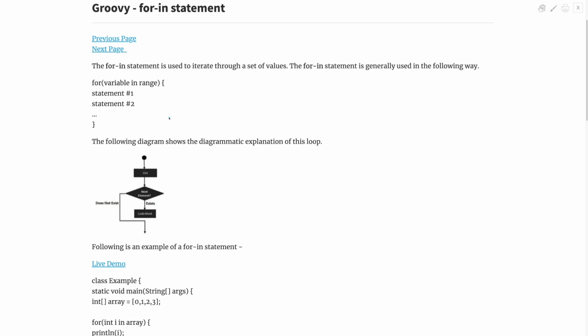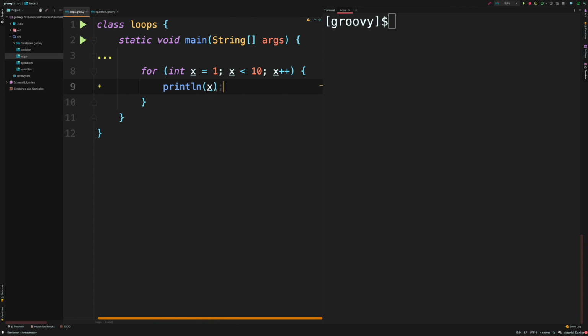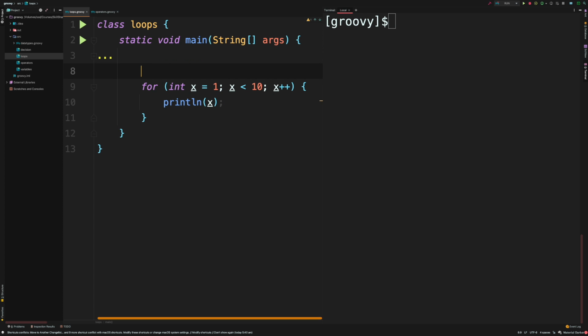So if you want to iterate over an array depending on the values it has, you can do that by using this for in statement. So let's go to the code and we're going to use the for in statement. First of all, let's define an array. Okay, so I'm going to use int type for the array. I'm going to just define a value x, and the array is defined within square brackets, and the values are separated with commas. So we're just going to do 1, 2, 3, 4, 5, 6, 7, 8, 9. All right, so we got a value x.